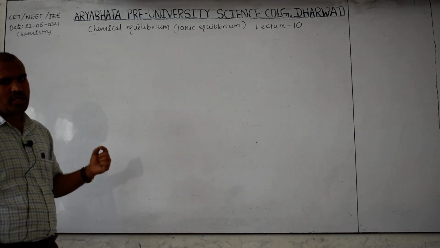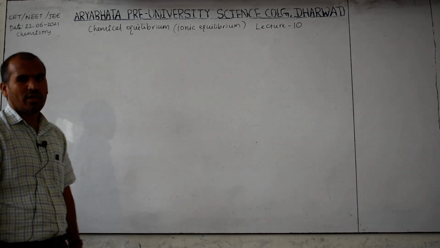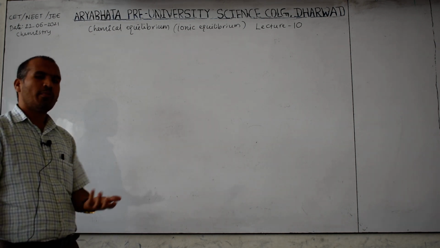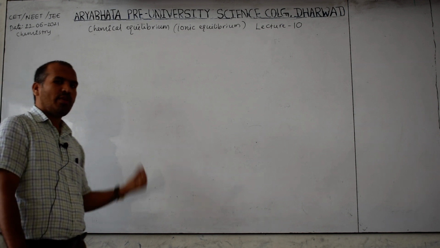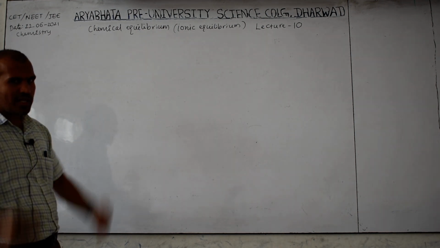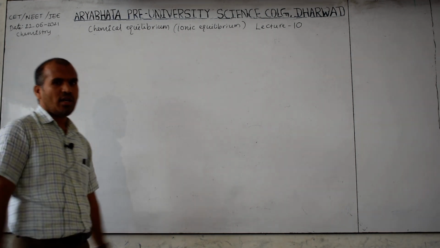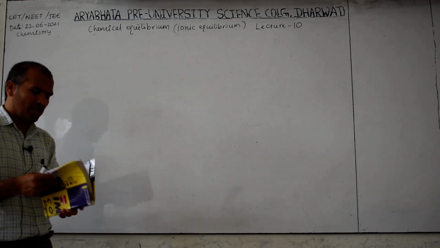pH plus pOH is equal to 14, meaning each one is 7 at 25 degrees Celsius. If the temperature is higher, for example Kw is 10 power minus 12, then pH plus pOH is equal to 12, and each one is 6. Therefore both decrease. That is the answer for the last video's question. Now we will discuss some other questions.